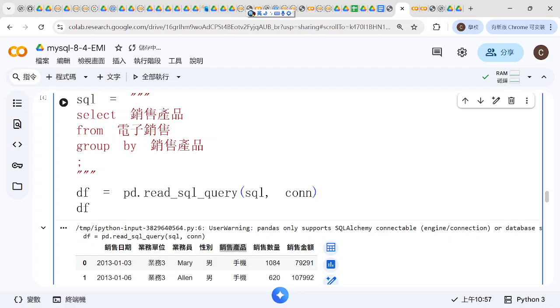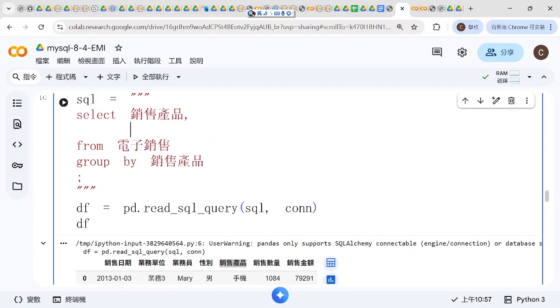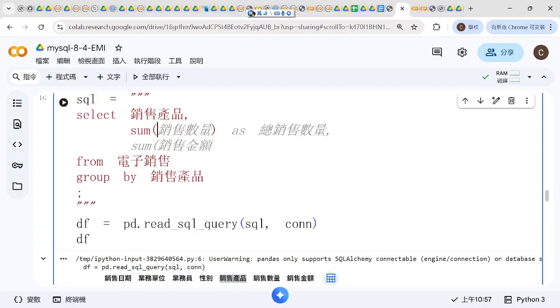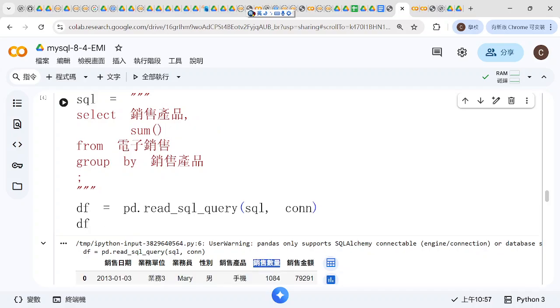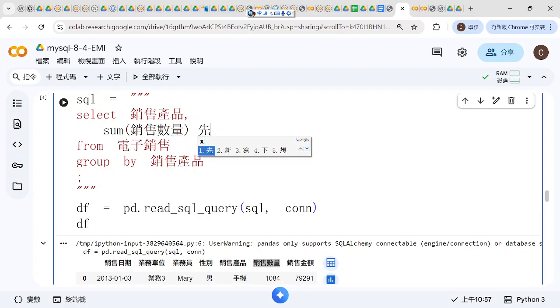And because after we group by, this is a new table, so we must add a new column called total amount. The total amount is just the summation of this, and we call this